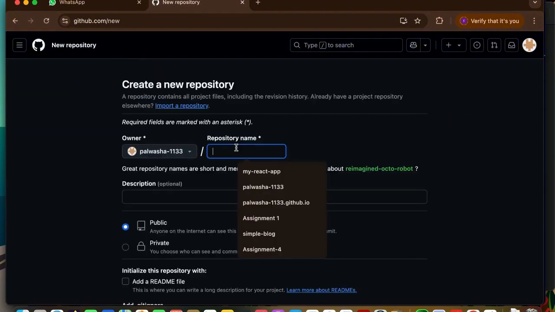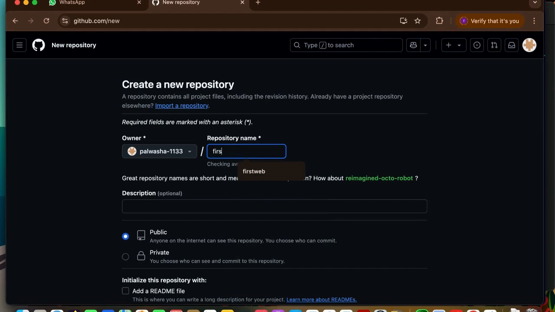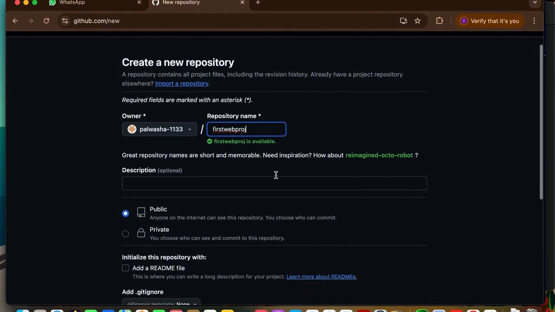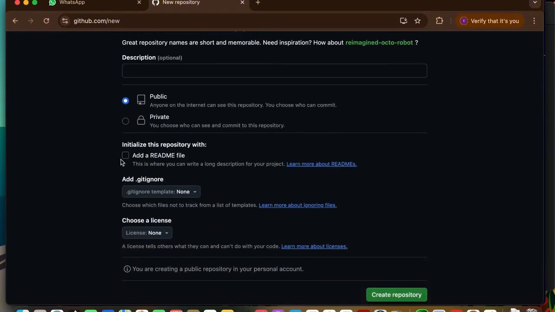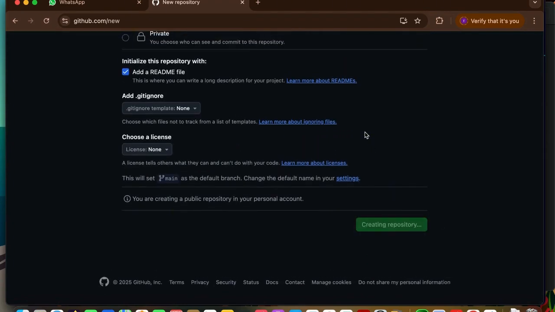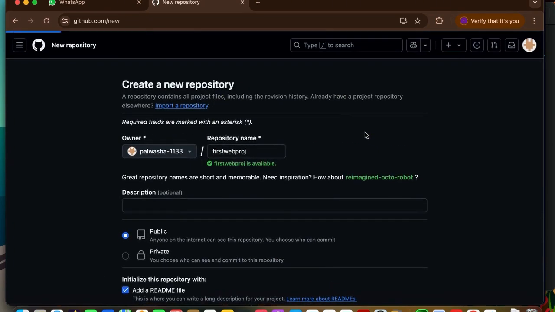and here I'm going to type a repository name. So first web project, this one as my repository name, and then I'm going to scroll down, check add a readme file, and then click on create repository. Once the repository is successfully created,